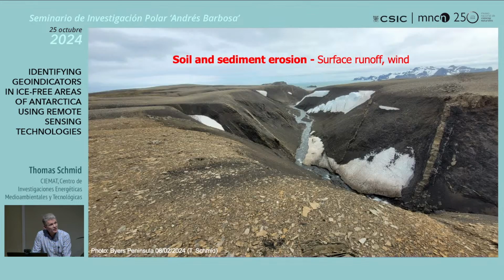We talk about soil and sediment erosion. Here we're in an area where we can see just a small stream. But at some times during the year, there must be a lot of water running through these areas to be able to create these gullies. We're looking here at gullies, where the water probably flows just 3 or 4 months a year, but during that time, the erosion is extremely high. But you can also see on the higher surfaces,